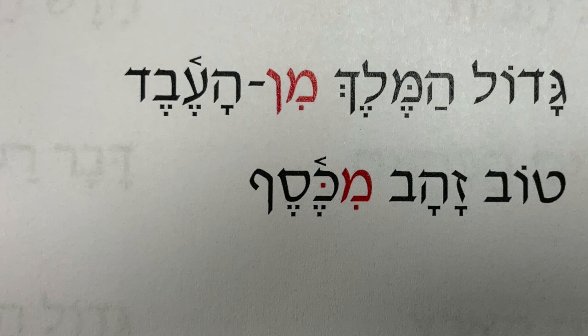Another example is, Tov Zahav mekesef. Good is gold than silver, from silver. So we would say, good is gold than silver. And of course, you can't say gooder in English, so we would say better is gold than silver. Better is gold than silver. So that is the way they do. They don't really have special forms for them, which is nice. We don't have to learn any endings or anything. But that's how you do comparative and superlative.